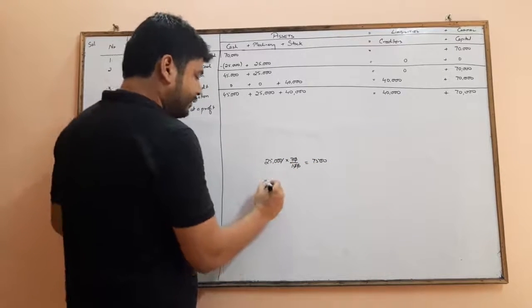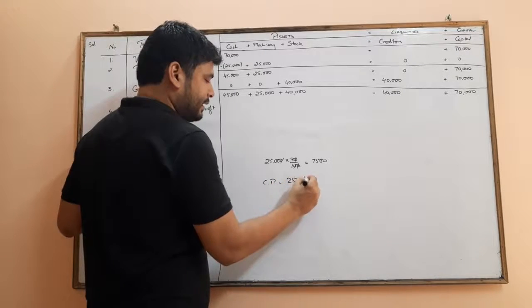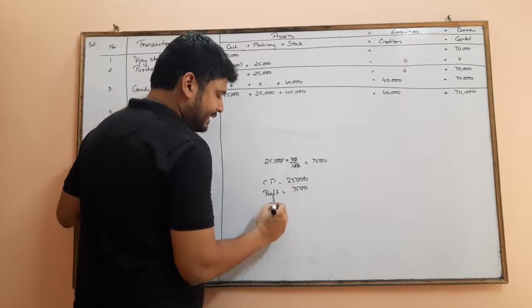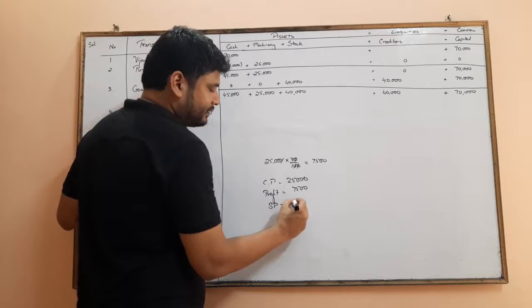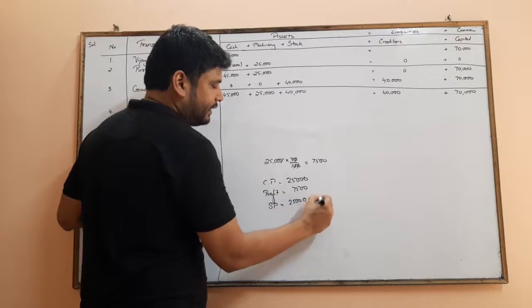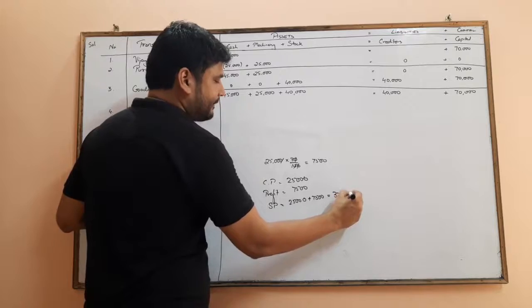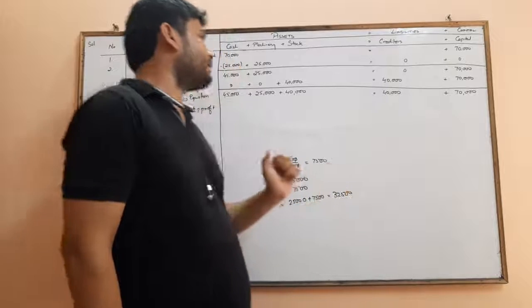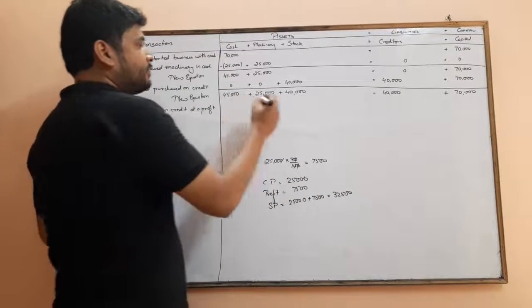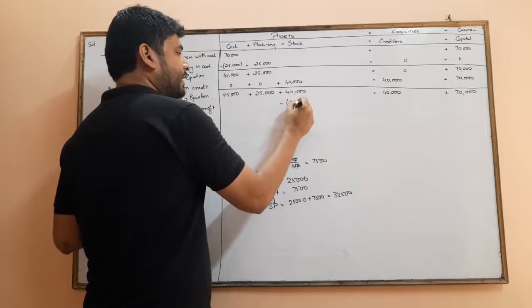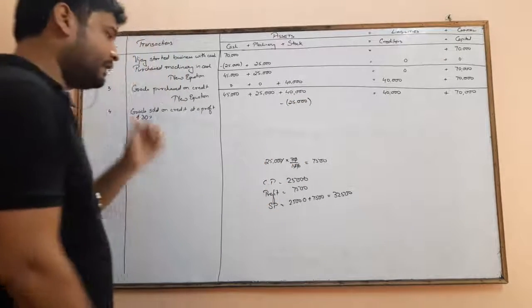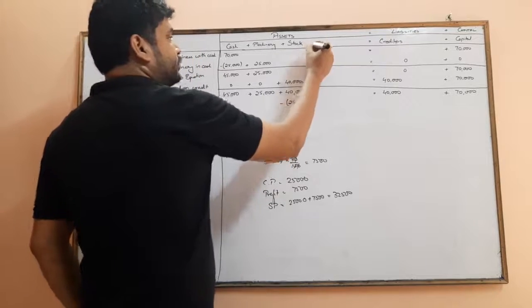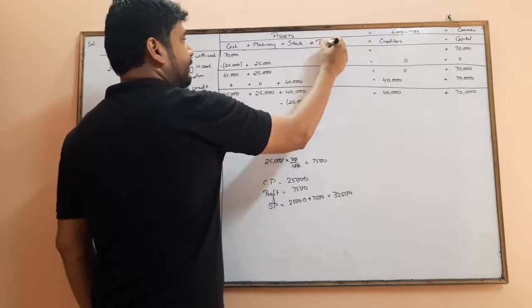So if the cost price is 25,000 and profit is 7,500, my selling price will be 25,000 plus 7,500, that is 32,500. So the goods of rupees 25,000 sold on credit for rupees 32,500. So I have sold the goods of 25,000, so 25,000 will be subtracted from here. Clear? Then on which basis am I selling it? On credit basis. So those to whom I sell will be the debtors for me in the form of assets.